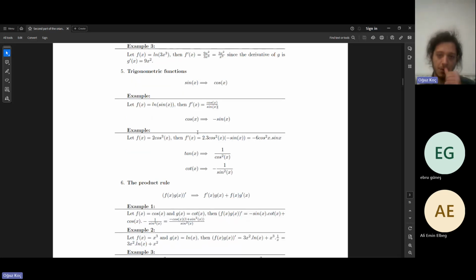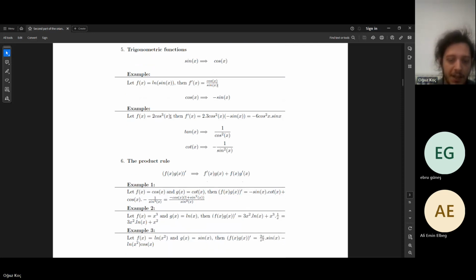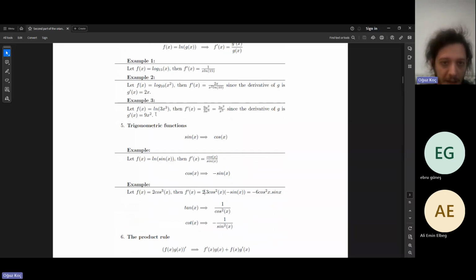And also we have cos x. Its derivative is equal to minus sin x here. We have an example, which is 2 times the third power of cos x here. If you take the derivative, we multiply by the coefficient 2, and then in the